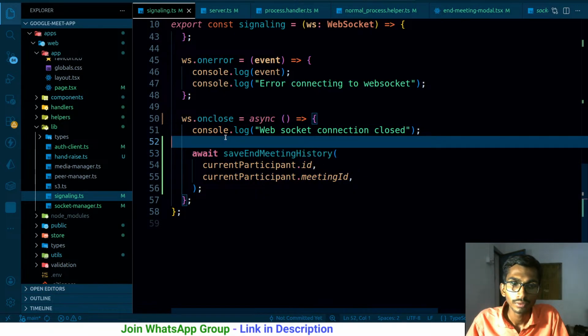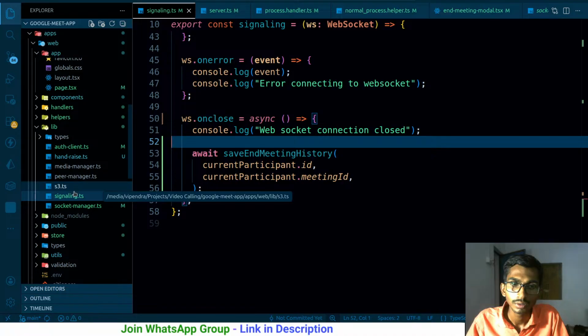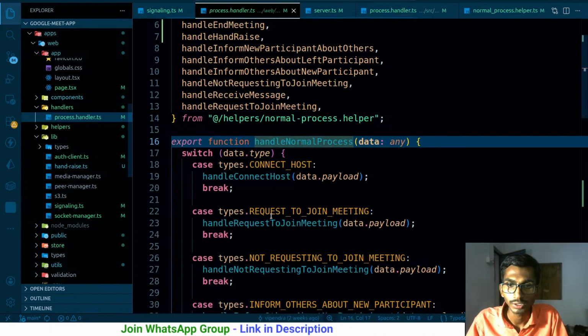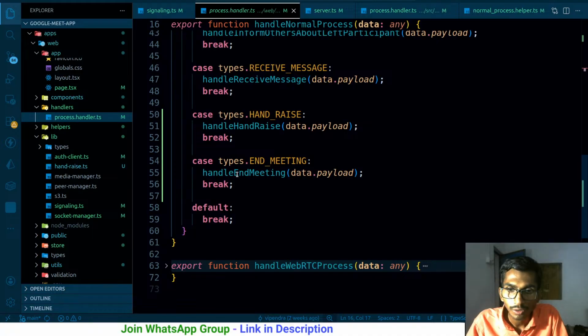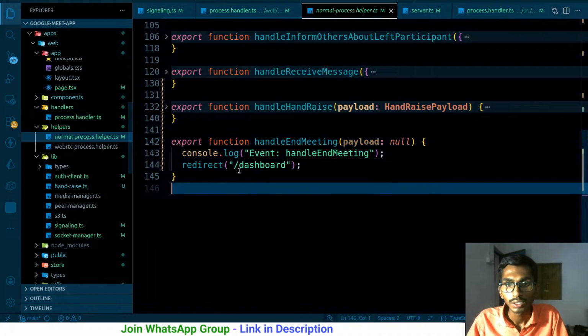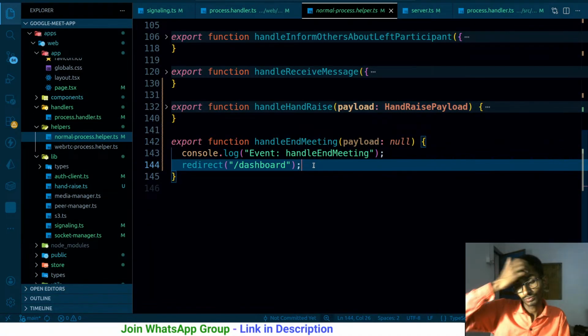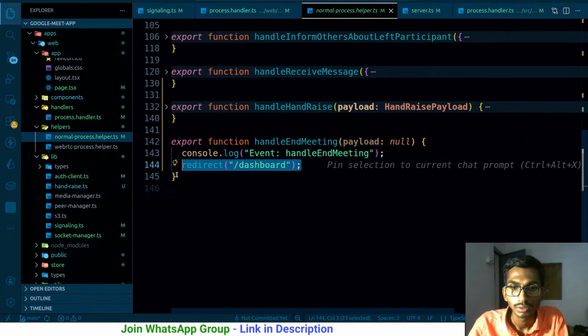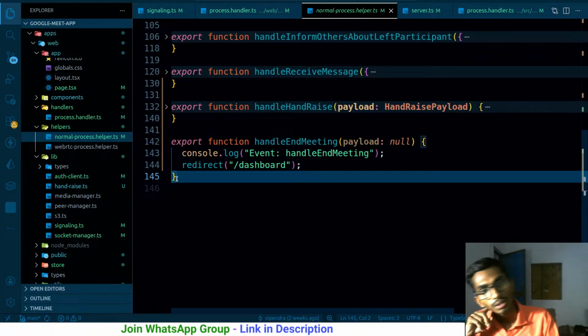And when I get the event message, handle normal server process, so there must be an event called handle end meeting, and here I'm redirecting the user. Okay, so whenever I'm ending the meeting, at that time I'm doing this. If socket connection gets closed,